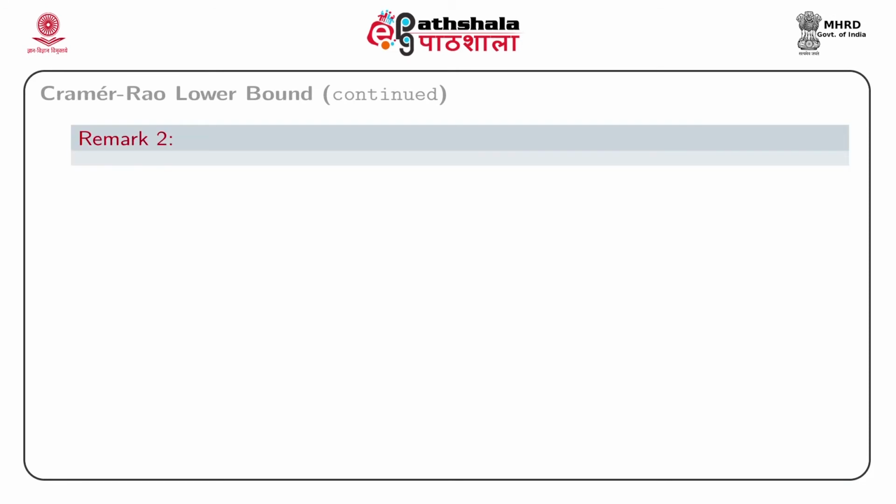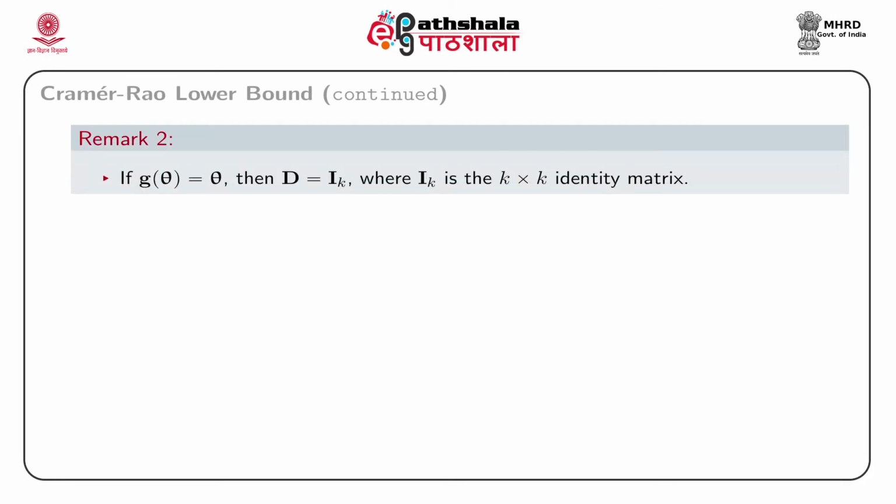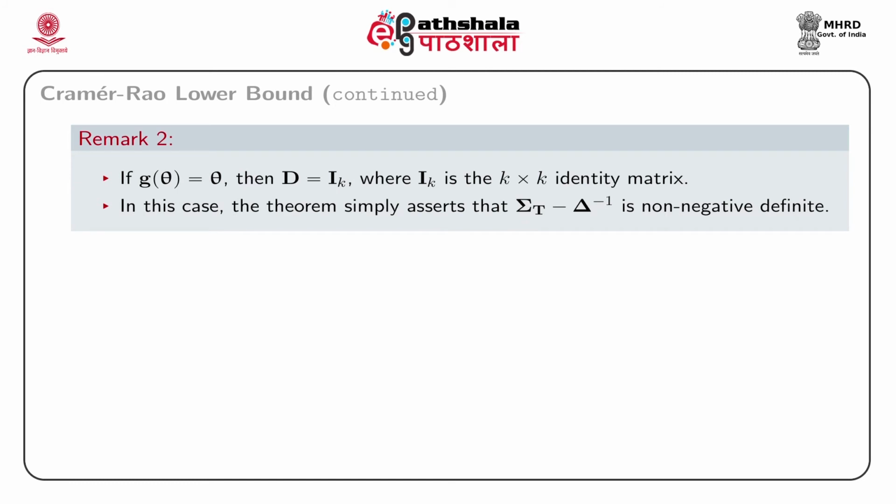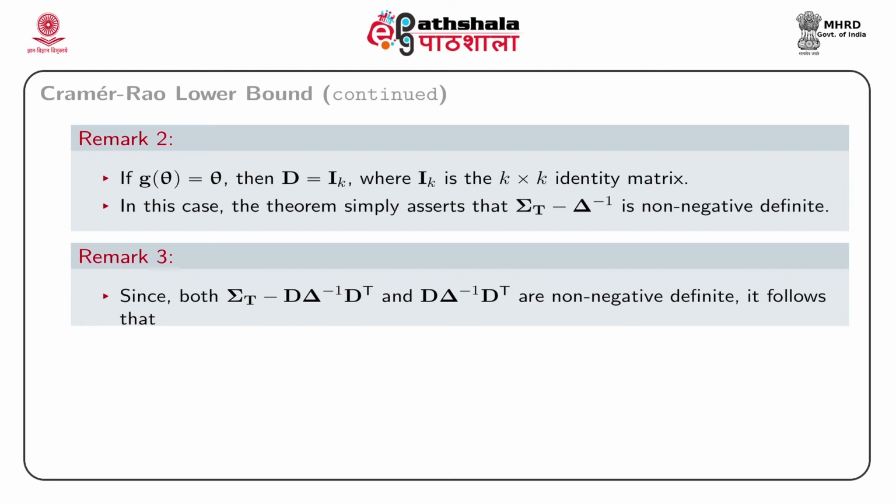Remark 2. If g equals theta 1, theta 2, up to theta k, then we have D equals I_k, where I_k denotes the identity matrix of order k. Then the theorem states that sigma_T minus delta inverse is NND. Remark 3. Since sigma_T minus D delta inverse D prime